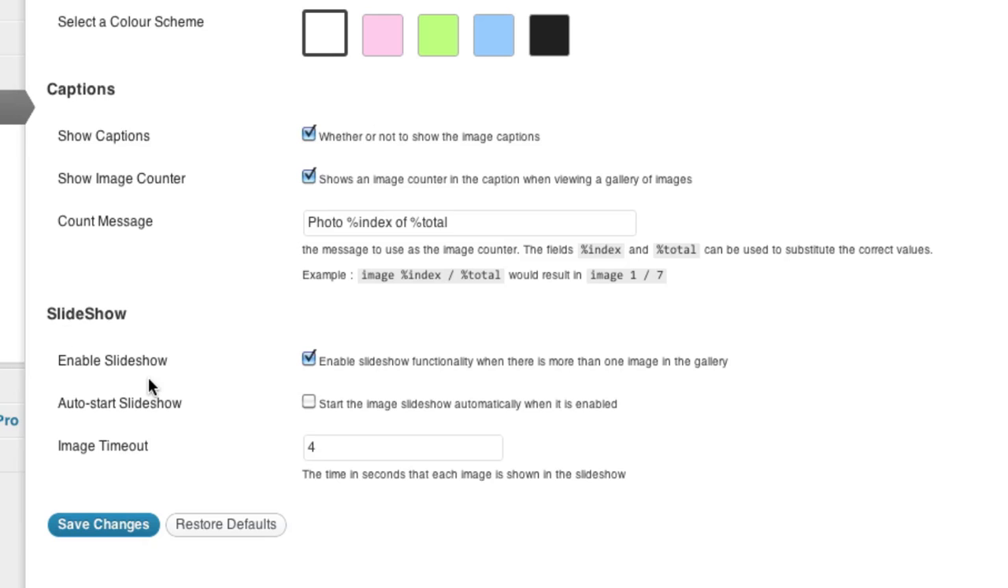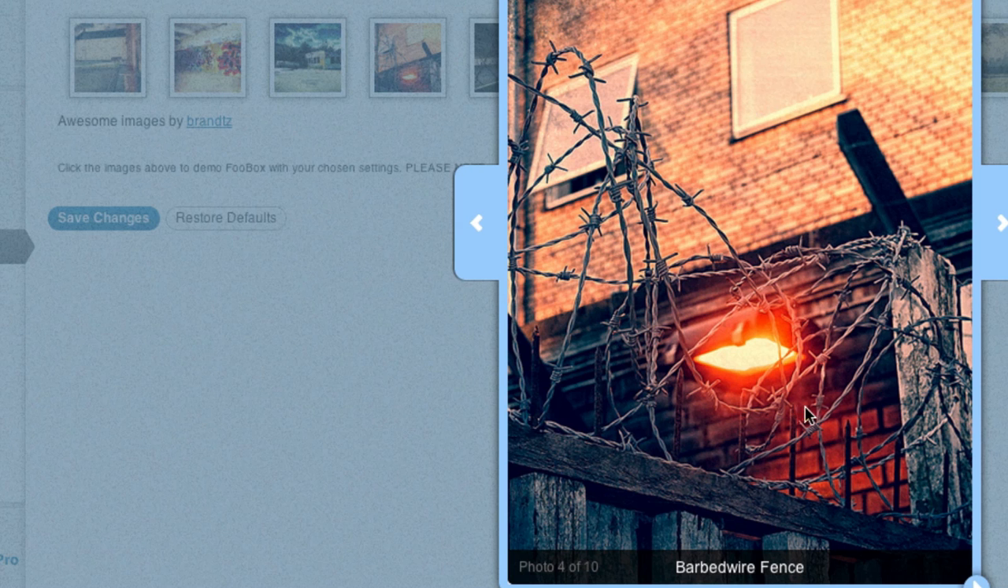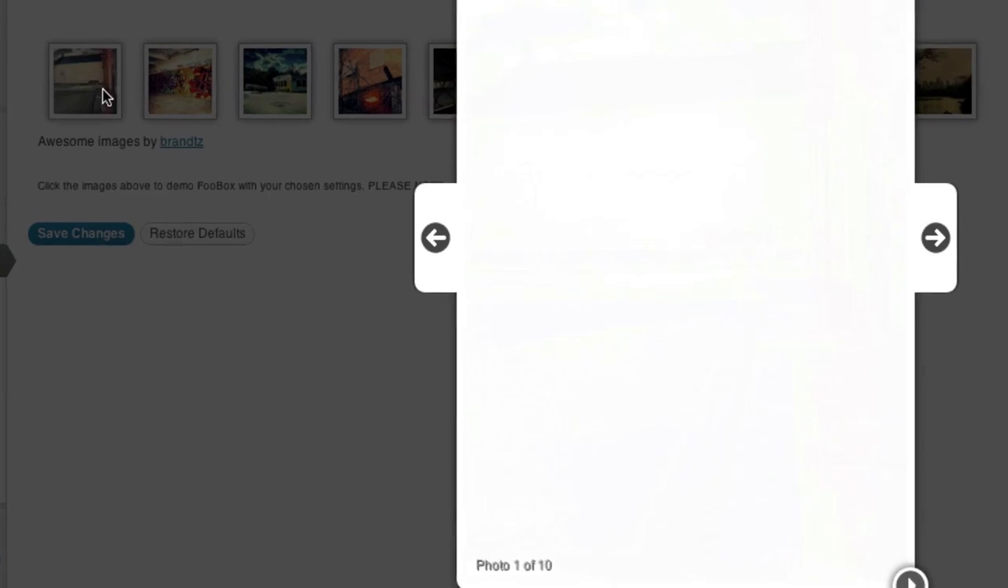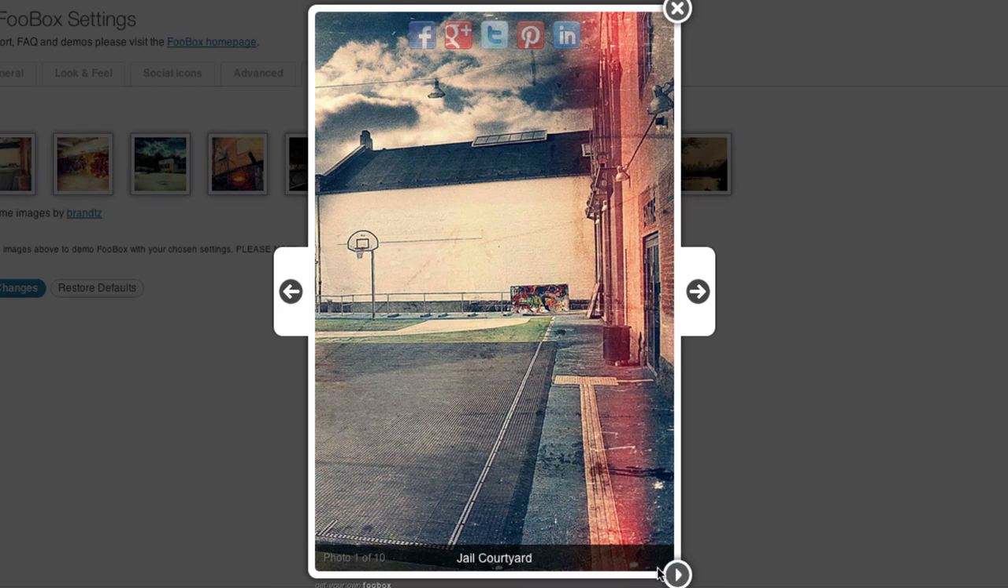So if we go down here to slideshow, you can choose to enable or not enable the slideshow functionality when there's more than one image in the gallery. And let me show you that functionality. On the bottom of FooBox, well, let's go ahead and let's refresh this page here so we get my color changes. Okay, so on the bottom of FooBox here, you'll see this little arrow,